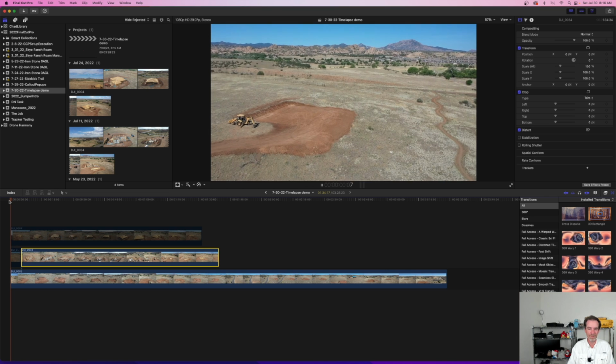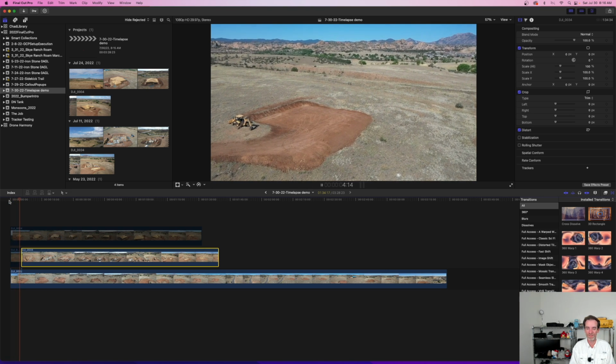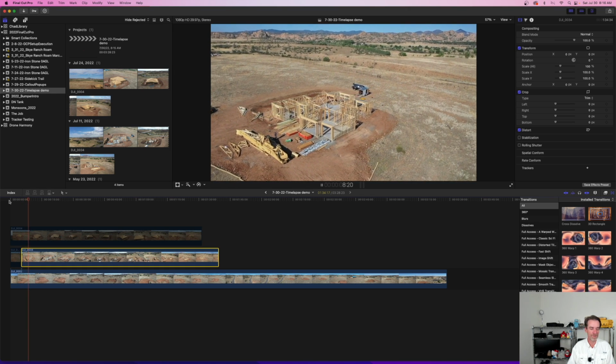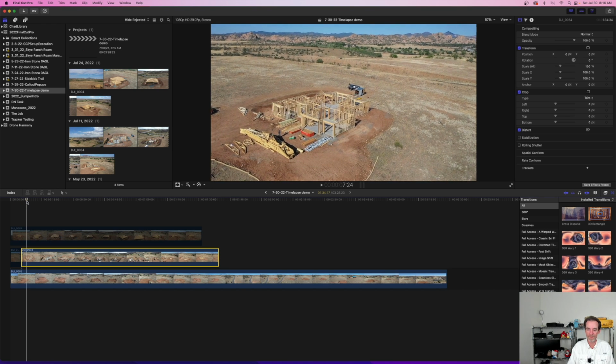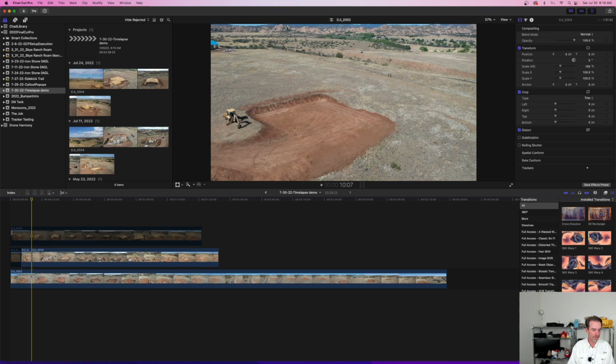So it looks a little messy at first, but you can clean this up really nicely. So here we go with just the flattened property. And then there we go with the walls going up. So we could do this one for 5 seconds as well. So let's bring that up to 10. Here we go. Leave it right about there. I'm going to hit the blade key,